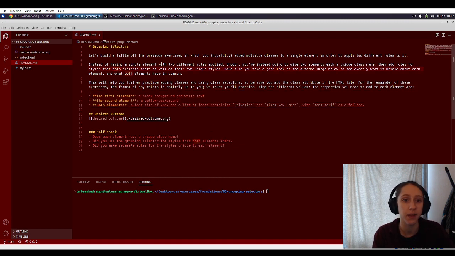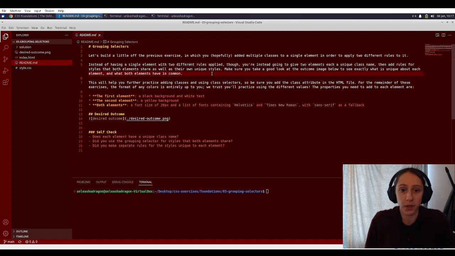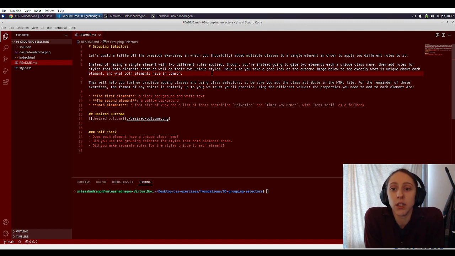So instead of having a single element with 2 different rules applied, you're instead going to give 2 elements each a unique class name. Then add rules for styles that both elements share, as well as their own unique styles. Make sure you take a good look at the outcomes page below to see exactly what is unique about each element